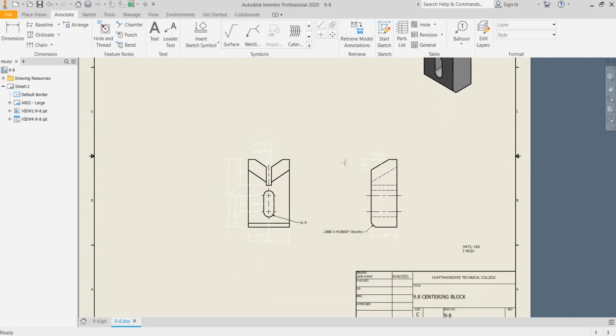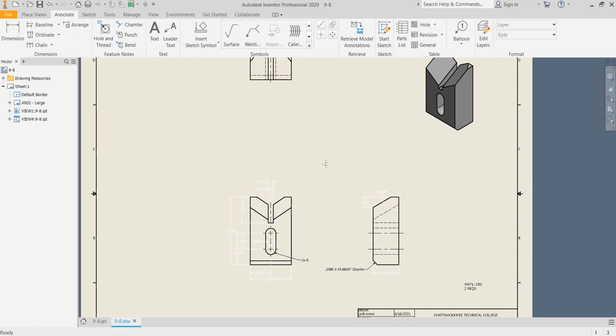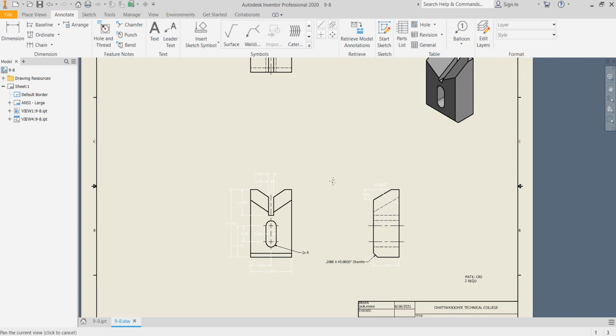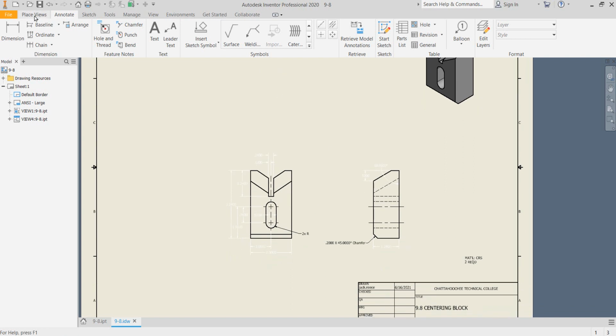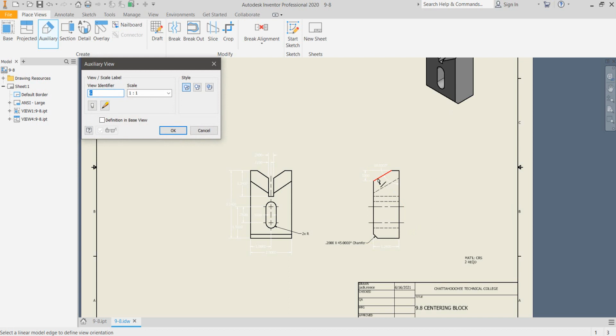Okay, now for the auxiliary views. Normally auxiliary views are easy in Inventor because we're dealing with a single surface, but this is a weird shape, so it's not easy anymore. But we need two of them, one that shows the true angle of the planes, and then one we're going to use to get the sizes of those things. And so to get the angle of the planes, we'll go place views, auxiliary view, and I'm going to work off of this view here, and I'm going to choose that line,